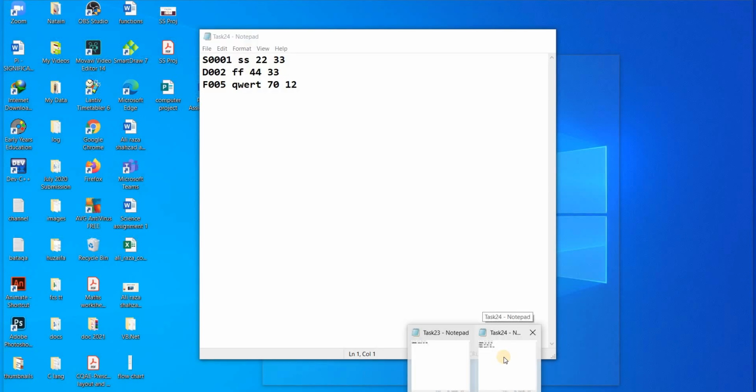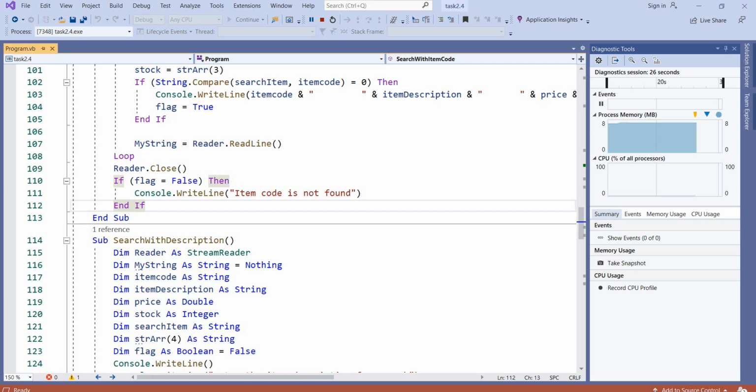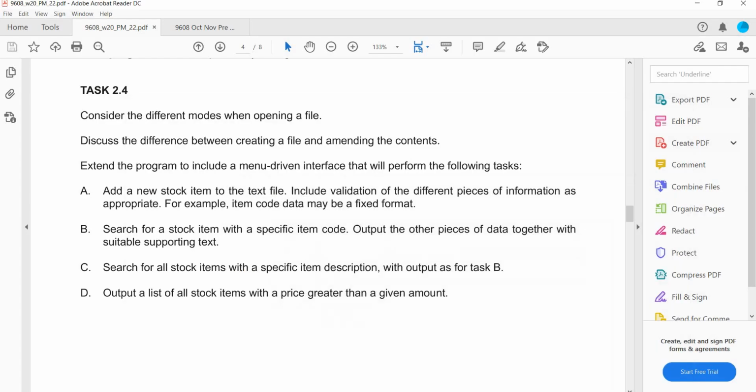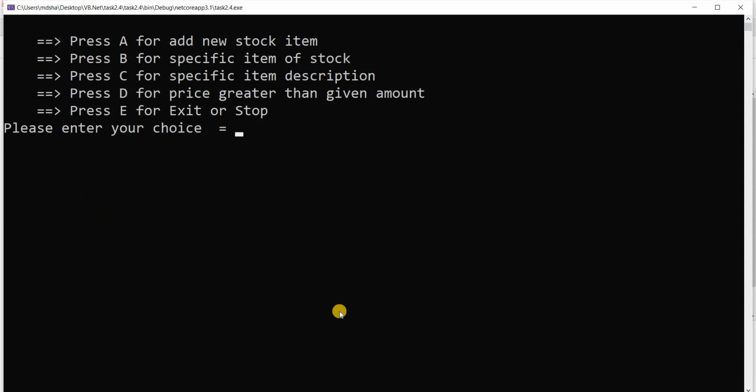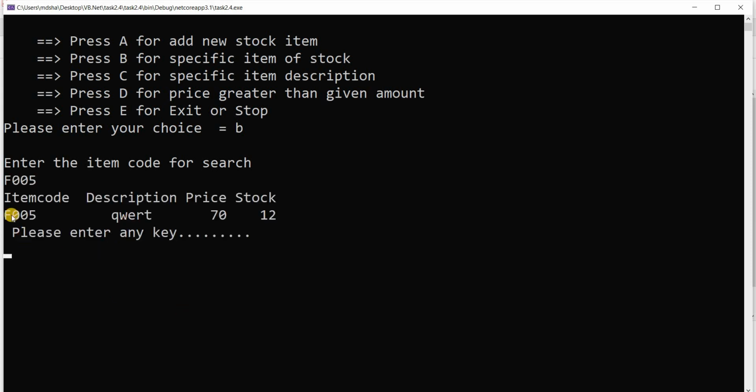I will check. I have written F005. Enter B again and write F005. Then it displays item code is F005, description is QWERT, price is 70 and stock is 12.